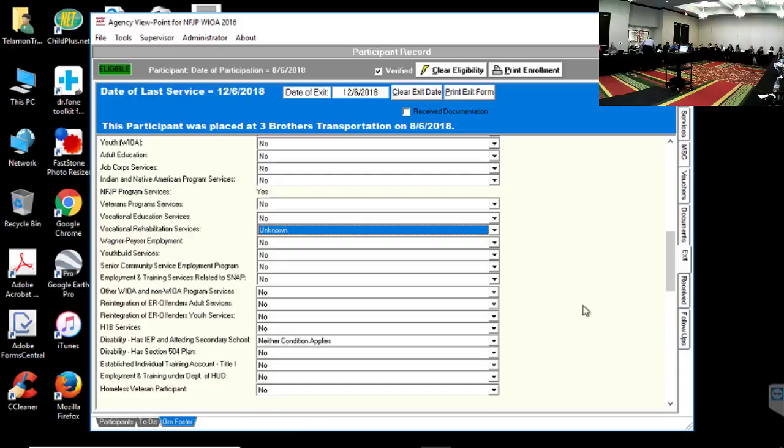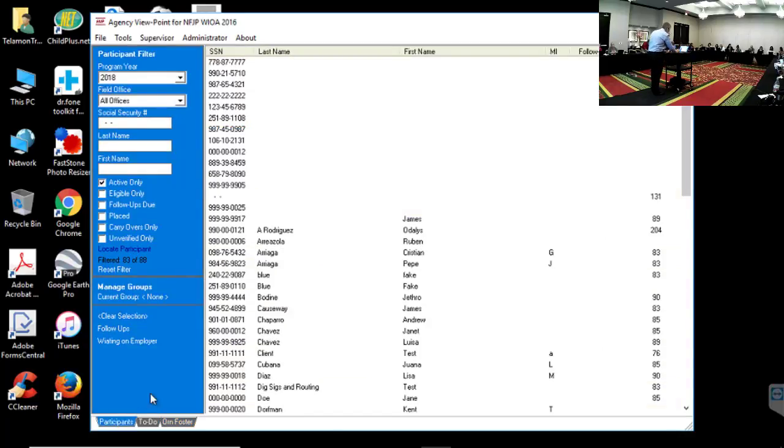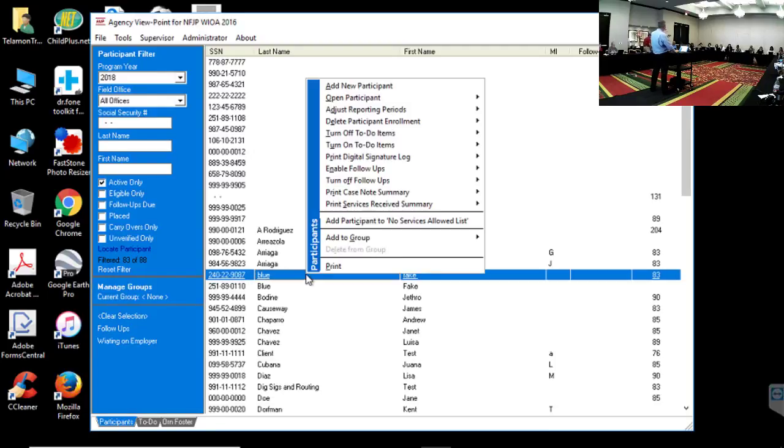Services. Hooray. Vouchers not there. They're in a different tab. Okay. All right. Let me show the last piece though. Our vouchers don't show in the services tab. They show in the vouchers tab, but if you're on the main screen of the participants tab, then we have a report here that most users print when you exit a client, and you go and you right click and you go to the